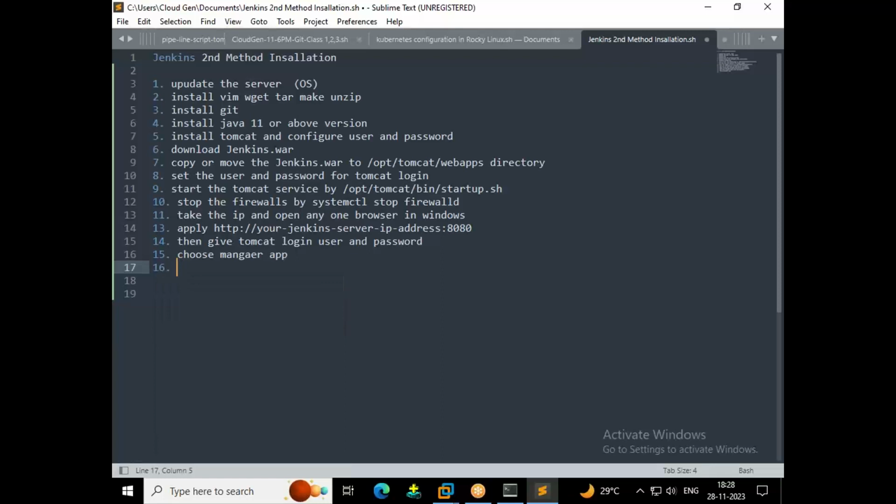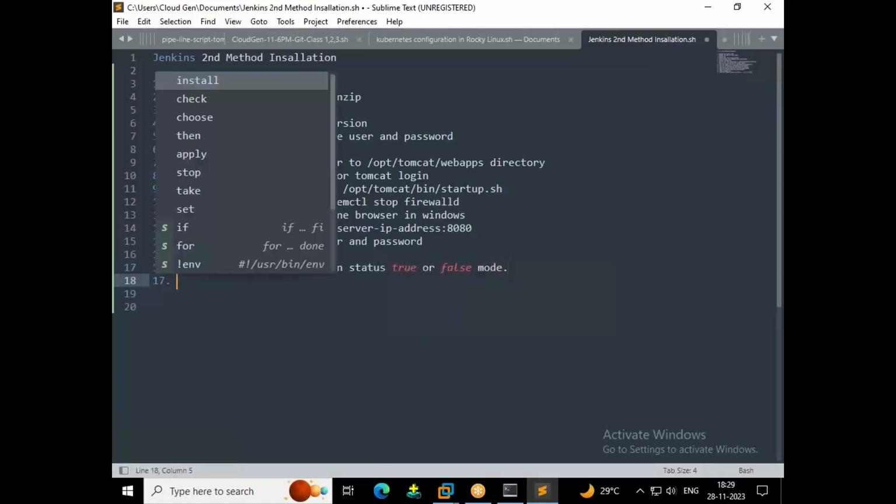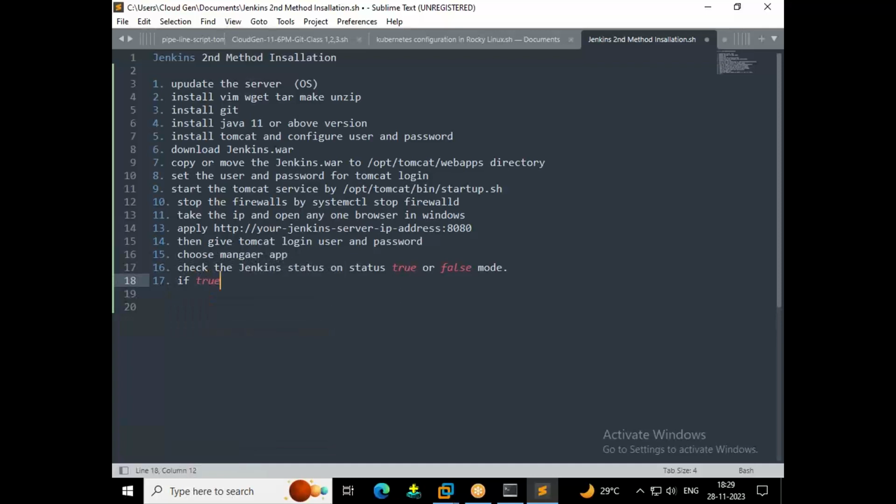Okay, check the Jenkins status. I mean the status is active, true or false. Okay, next, 17th one. If true, yes,